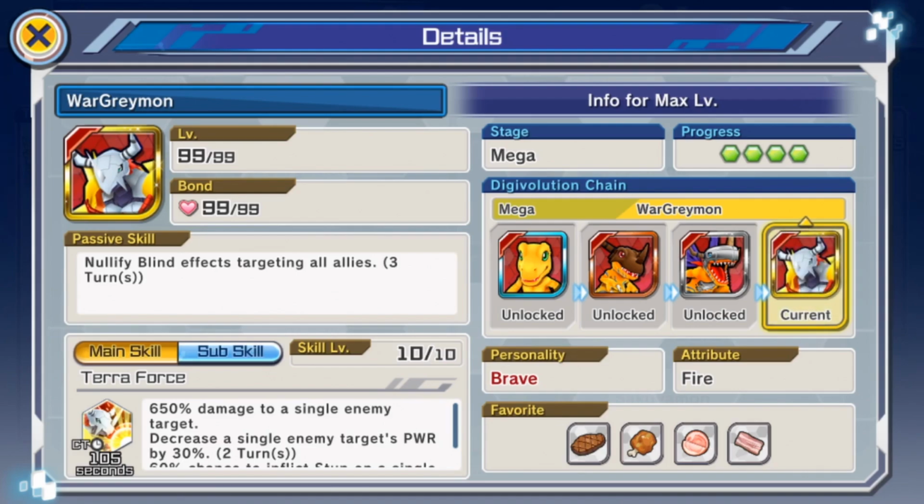Nullifying blind effects targeting all allies is great, especially considering Wraith Mon and Puppetmon running around, right? Those both induce blind effect to enemies, so that's always great. And also the single target thing, especially when your opponent uses a taunt, and it doesn't have to be Creepymon, just whatever taunt Digimon is around, throwing out that Terror Force, stunning that taunt Digimon, and especially Creepymon,